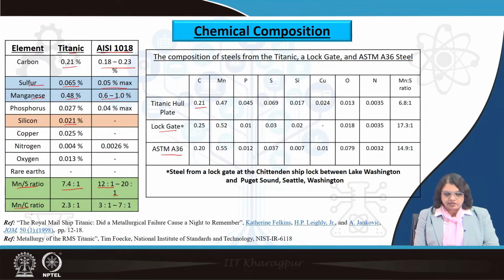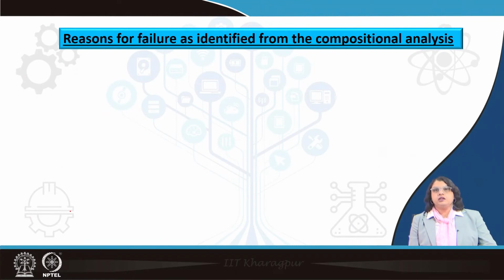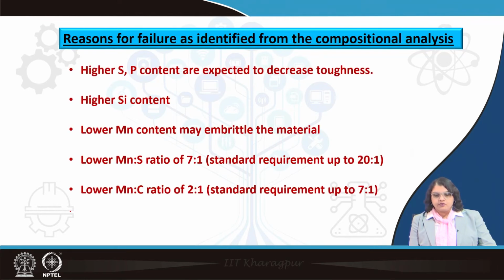The manganese to carbon ratio has also not been maintained, and if you go back to the previous lectures, you will see the importance of manganese, particularly for the ductile to brittle transition. We know that manganese is the one element which has a positive effect on the ductile to brittle transition behavior, which means that the manganese to carbon ratio has to be maintained above 3:1, which was not at all maintained here. So, if we understand the failure analysis on the basis of the composition, we can say that